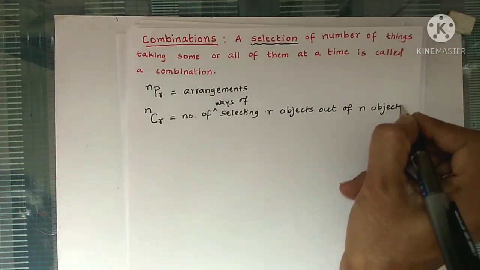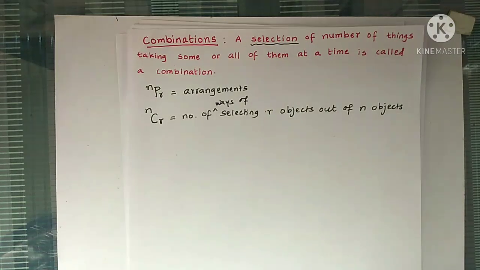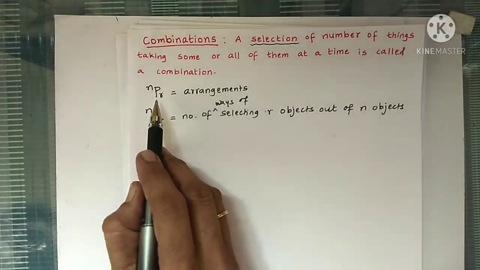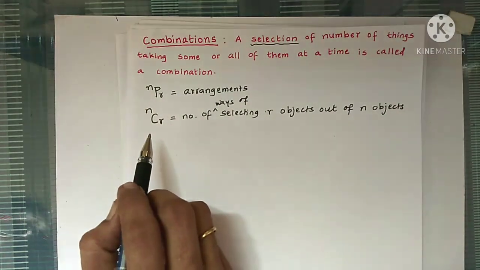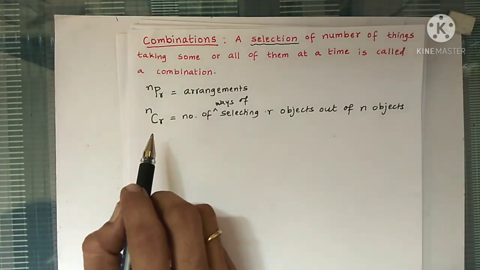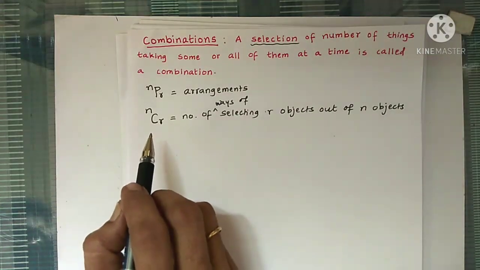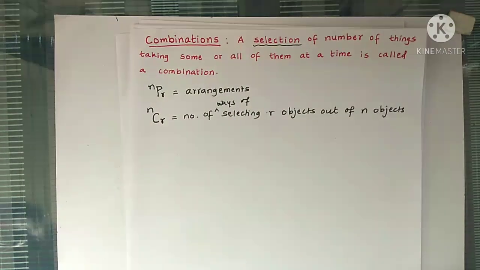Now whenever we arrange books on a shelf, arrangement is important. Whenever a photograph is taken, the arrangement is also important. So in those cases we have to consider the arrangement. That means we have to use the formula for nPr to find the arrangements. But whenever only a selection is done, that means we just have to select 2 objects out of 5, or any r objects out of n objects, so it is only selection. The order is not important. In that case it is nCr.